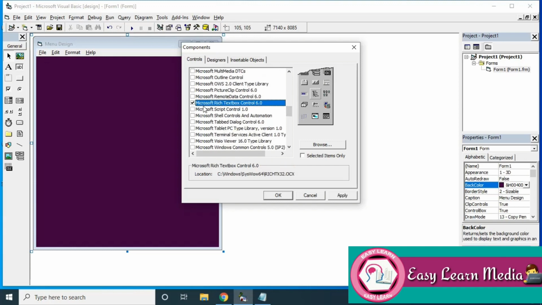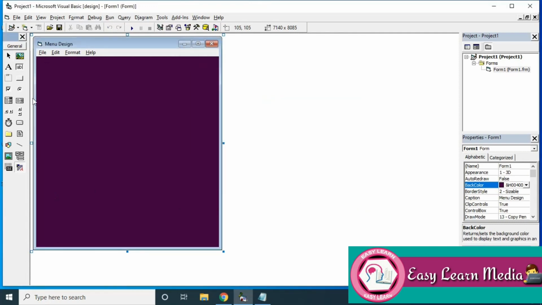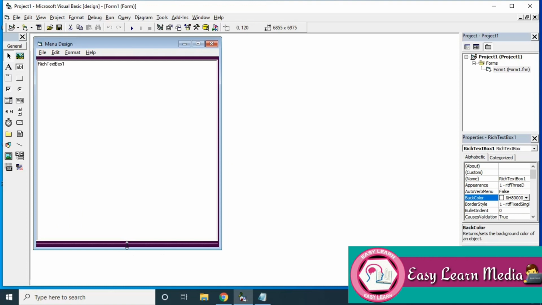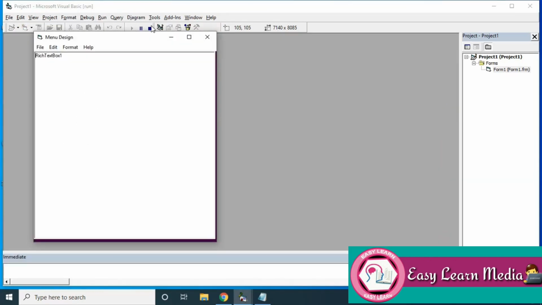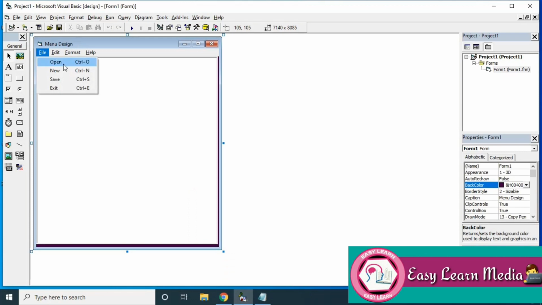For that we require Microsoft Rich Text Box, which is not available in the primary controls. It is available in the components. You can just go to the components, select the control, and drag it into the application. This is the notepad area, right? So, to reduce the amount of time, the code is copied in a notepad. I'm just going to copy this so that it will be easy for you.